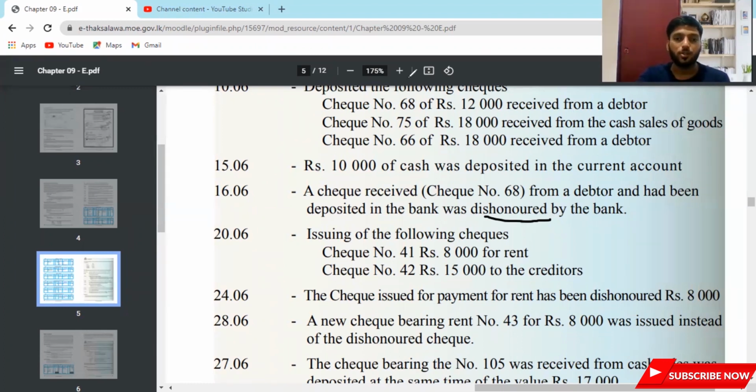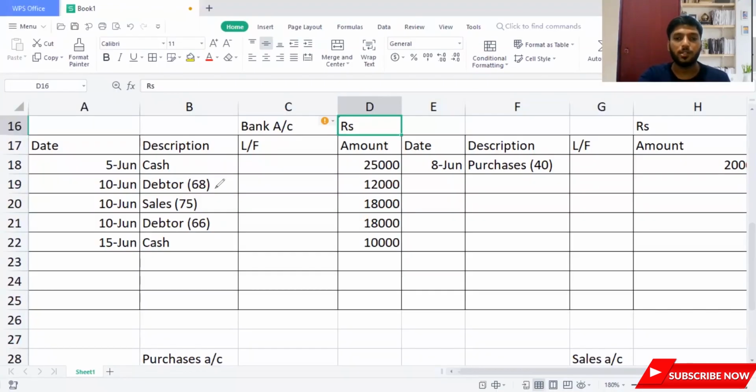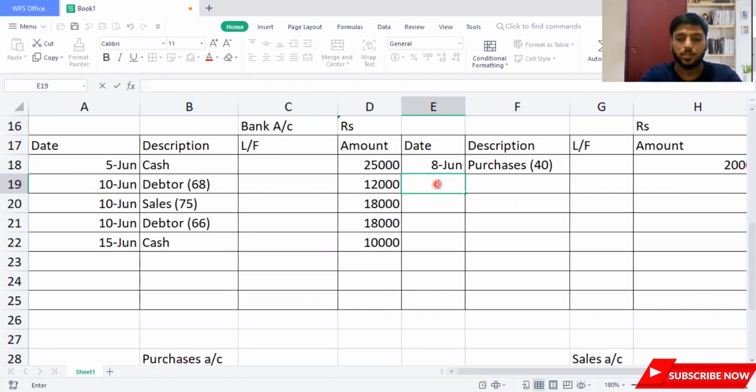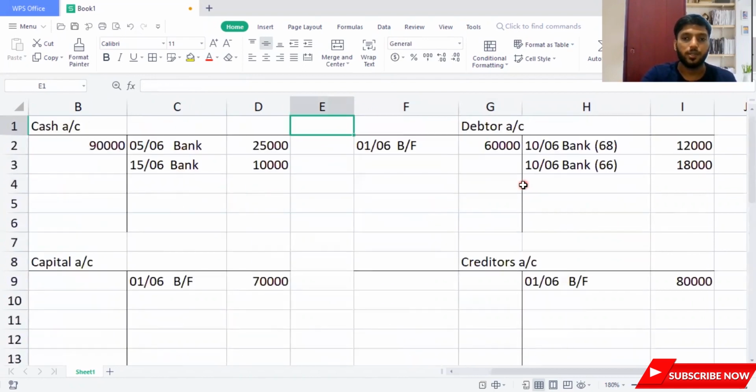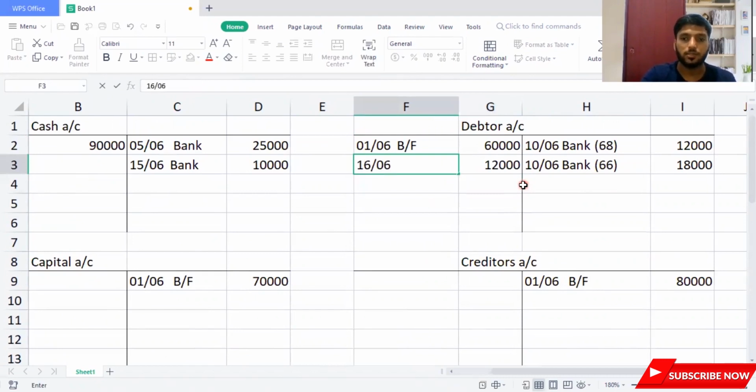So I'll move on to the point I want to discuss. It says that I need to go the opposite way. Now you see the debtor's account had been debited, so I'll credit it, guys, because there's no money in his account. So I'll credit my bank account. I'll put the date properly, 16/6. I'll write debtor, and what's the number? Debtor 68 and the value is 12,000. So now I have recorded this on the credit side, which means I should record this dishonored check on the debit side of the debtor's account. So I'll record 12,000 and I'll write the date first of all, 16/6, and it's bank. What's the check number which was returned?